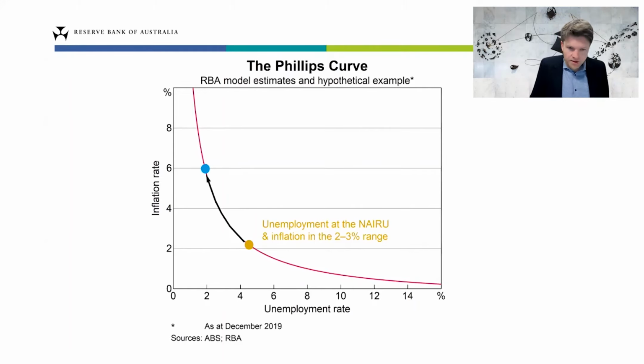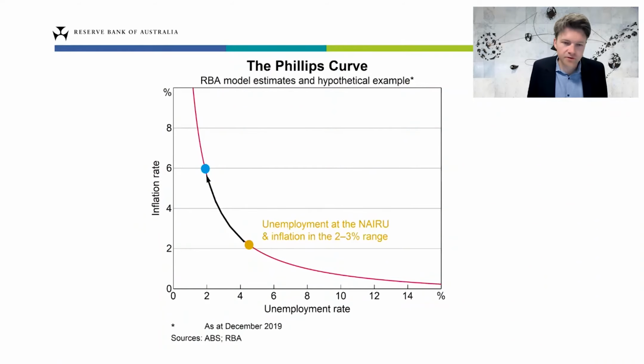Now, you can see in this purely hypothetical example that the unemployment rate drops to about 2% and the inflation rate increases to 6%, which exemplifies the trade-off between unemployment and inflation that a central bank faces. But it's also important to realize that this is really only what happens in the short run, and that we can't stay at this blue dot forever. And that's because what happens is that